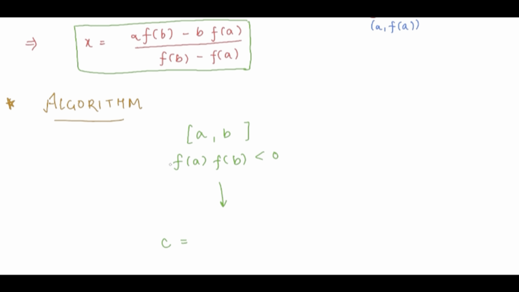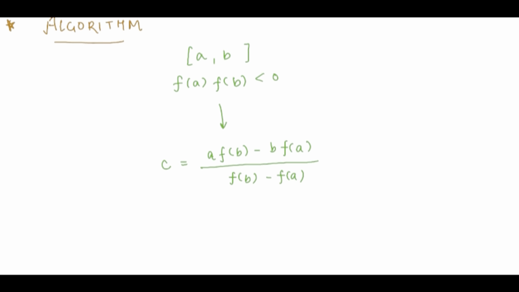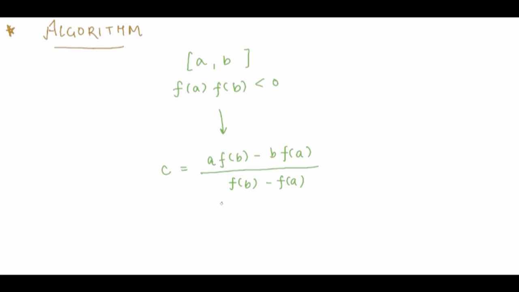Now computing the value of C, which is basically the iteration formula. That is C equals (A·FB − B·FA) divided by (FB − FA), and hence evaluating the value for FC. So if that value becomes 0, the root has been found. Otherwise, if it is not 0, then two cases arise, out of which the first one will be either